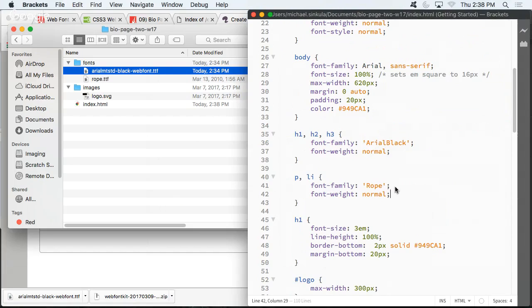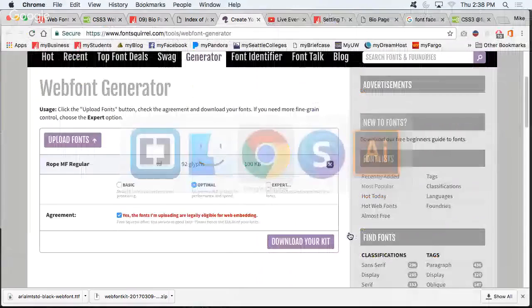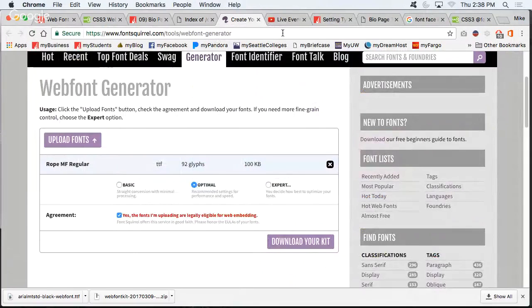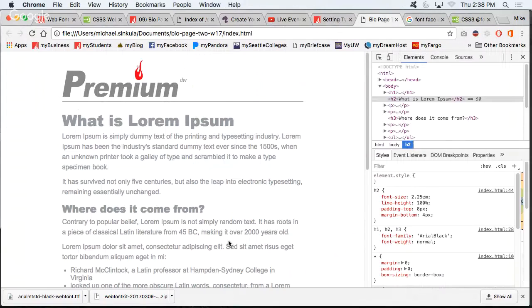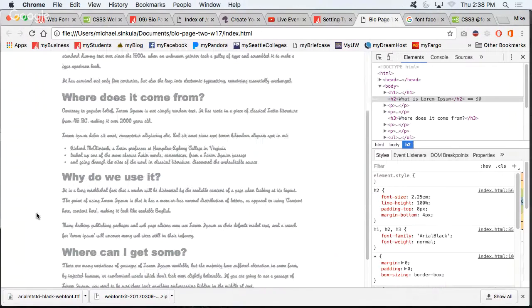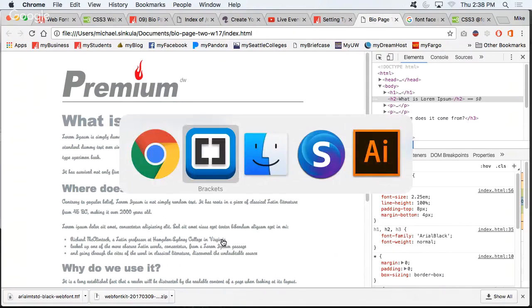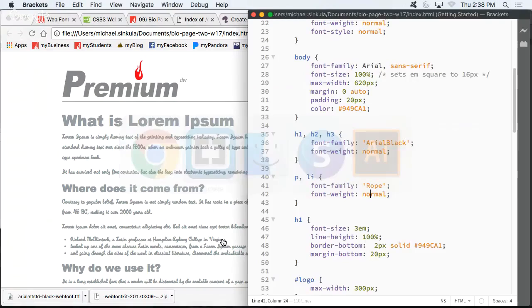All right, so let's say I wanted to use rope for my body copy. This is going to look really terrible. Wait for it. Wait for it. Yeah. Oh, Jesus. Right. Readability. Yeah. Yeah. But, you know, if you wanted to, let's say, go